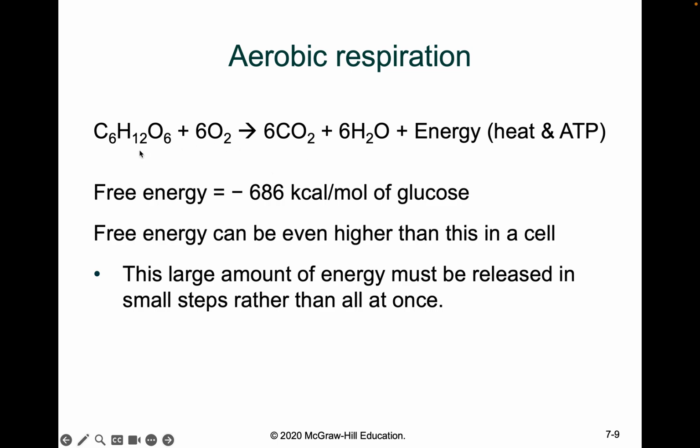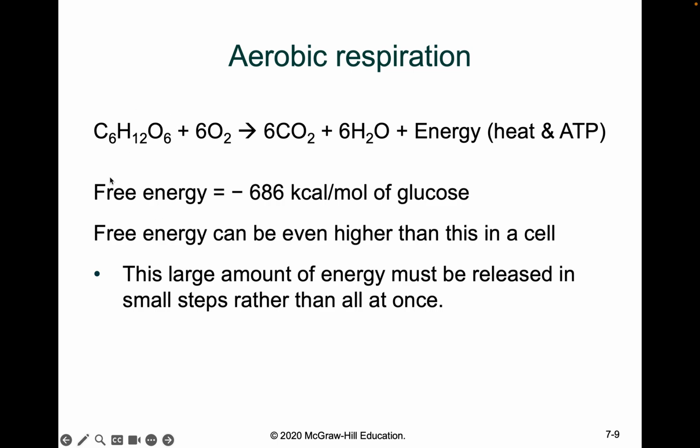So in general, if you get glucose and put it in oxygen and burn it, you're going to release minus 686 kilocalories per mole of glucose. That's the standard if you just do that in the lab. If you do this in a cell, you get even more. You get 735, if I'm not mistaken, kilocalories per mole. So you get more free energy if you do it in a cell. But why is that? Well, it's simply because when you do this in the lab, it's one reaction, and you're going to completely destroy this glucose directly in one step.